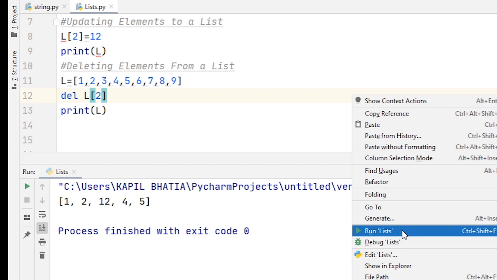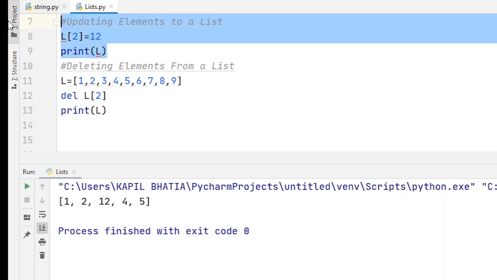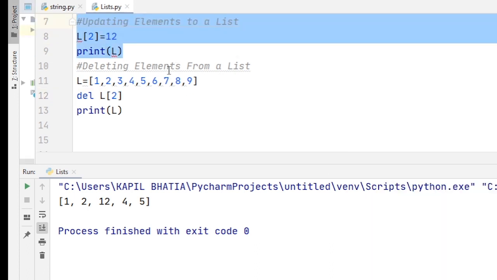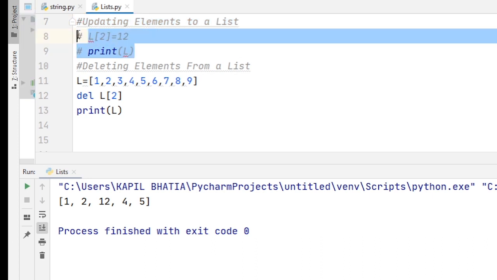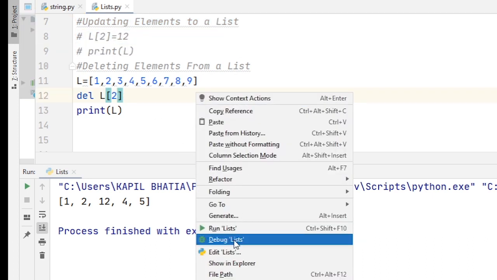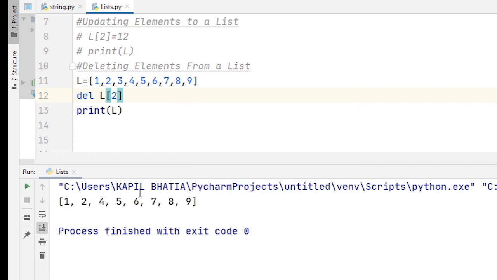When I run this code, here you can see the output. L of 2, that means 3 is removed from the output list. So I hope you understand how to remove an individual item.